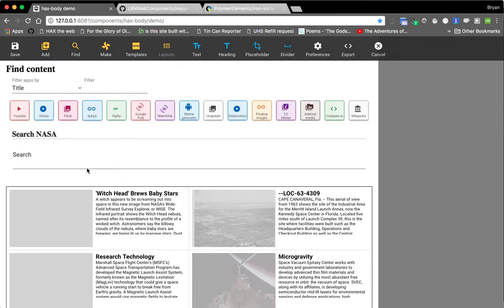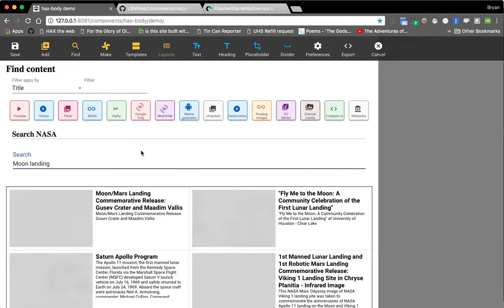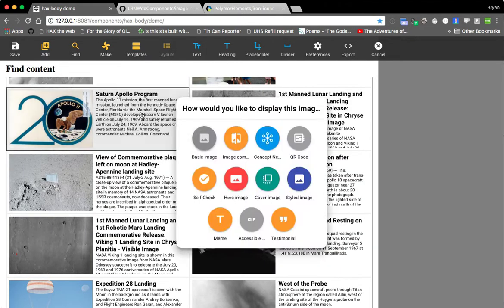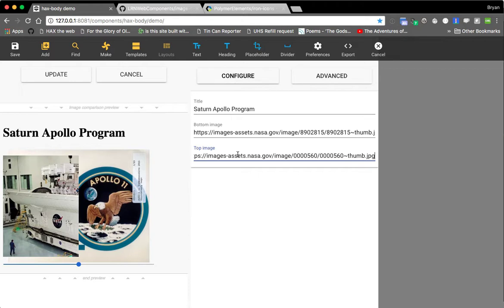So let's find an image from NASA. Now, let's go back to that moon landing. Okay, so there's the Apollo program. Now, because I said that this can handle images, image comparison comes up as a potential display option. When the user hits image comparison, it dumps in the right thing there. Now, for this one, we would need something else to play with it. There we go. So I just pasted an image I had already referenced from before,